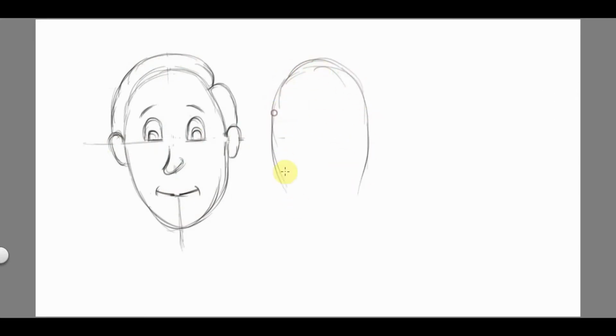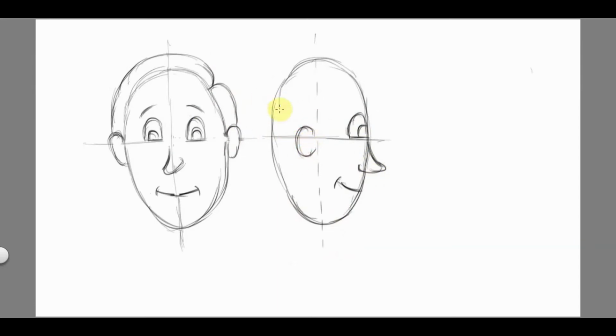Okay. Now we'll draw another egg shape or balloon shape to draw the face sideways. Now notice that here the vertical line has moved to the right hand side. The horizontal line is this, and we'll draw another dotted line to locate the ear. So here are the eye, nose and the mouth. Okay, and we'll draw the ear somewhere here, right? And then finally the hair.